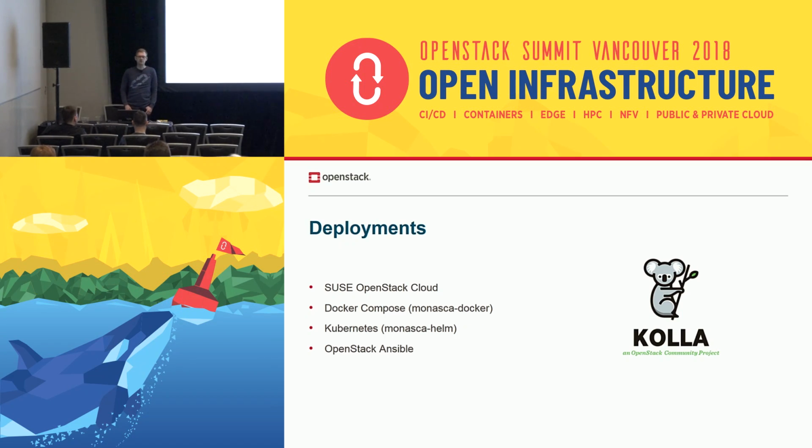One last important development I wanted to mention is Monasca integration in the Kolla Ansible project. Monasca has been criticized many times that there is no easy way to deploy it, which is getting better now. So we have Monasca in the SUSE OpenStack Cloud. It comes with it. We have the Monasca Docker project, which deploys Monasca with Docker Compose, with containers. We have Monasca Helm. OP5 is deploying based on this in the Kubernetes cluster.